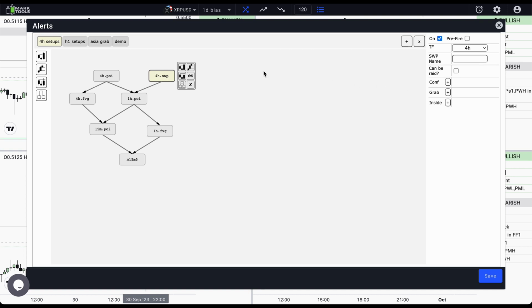There are some common settings for mostly all nodes. Once node is selected, in the property grid you can find 3 fields. The checkbox on. It activates or deactivates the current node and all its children nodes in the scanning process. The checkbox pre-fire. The system invokes alert notification when the last node in the chain passes the condition. Sometimes you want to be notified earlier when the last node condition pass takes place in order to get your charts and be prepared for entering the position. Use this checkbox to specify what earlier node to notify with.